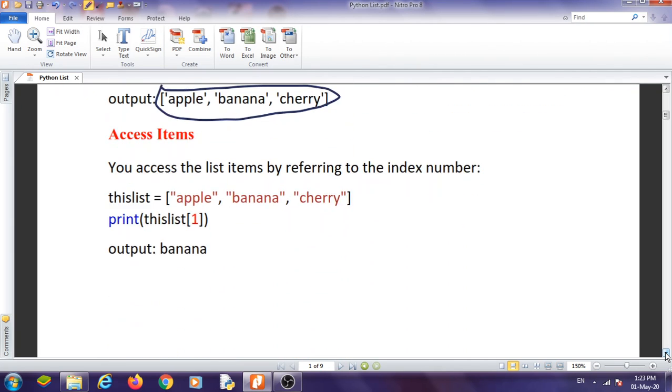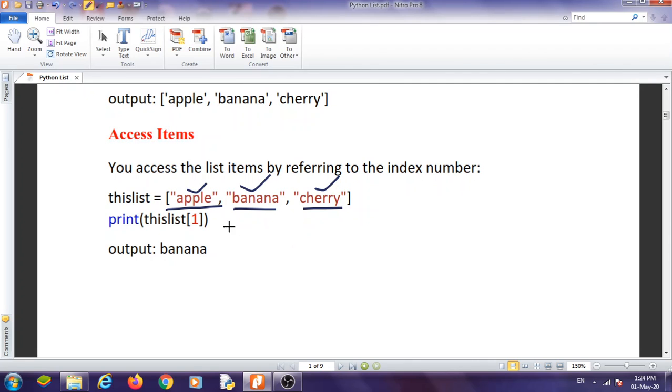Now, how to access the elements of a list? Suppose this is the list. We already learned in strings that the elements of strings, meaning the characters, are stored along with their index. Similarly, in a list, the elements are also stored along with their index.